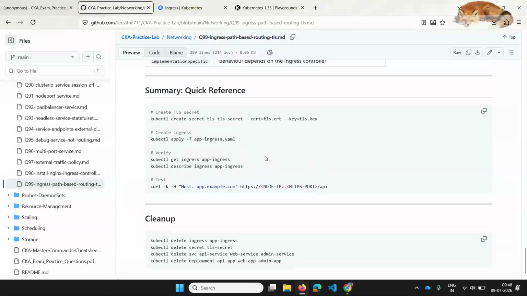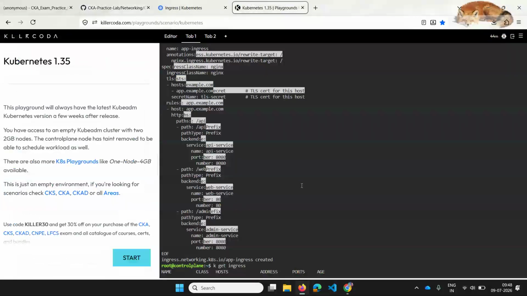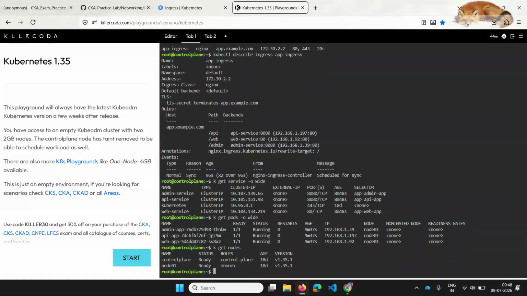So this way we can try. Basically I should know my node IP to test, so I'll do k get nodes. I think I should do hyphen o wide.